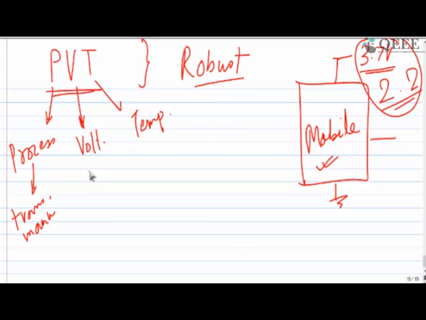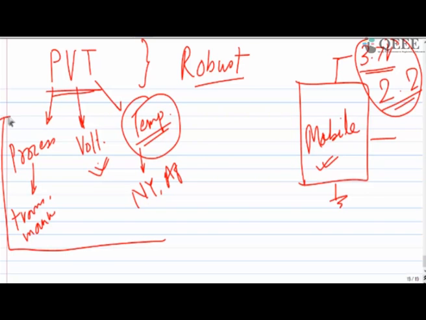This is voltage independency. Another is, even if I am using my mobile in New York, or maybe in Afghanistan, in Nigeria, wherever I want to use it, or if I go to Finland near the North Pole, still my mobile is working. Same mobile is working. Why is it working? It's independent of temperature. So these three things we are going to keep in mind when we are designing anything.